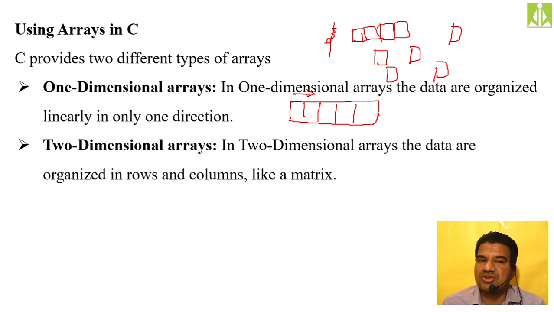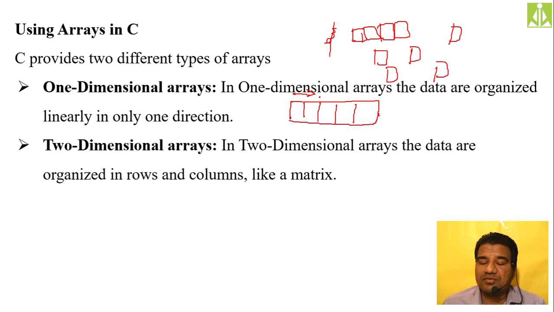How will they be constructed? If 5 contiguous houses, they are going to be connected like this. So in that same way, when you are declaring an array, all your memory locations will be contiguous in computer memory. There is no randomness when the computer memory is allocated to an array.